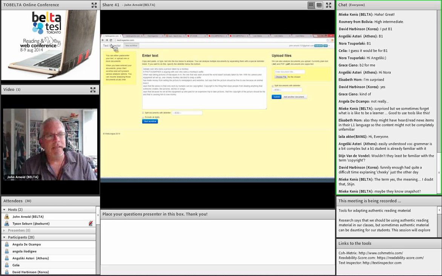The text inspector site, very easy, textinspector.com. I like this site. It's fairly new. You can see it was just copyrighted in 2014. The only problem with this site, I went to a presentation on it at IATEFL this year, and I learned that you will have to start paying for it shortly.